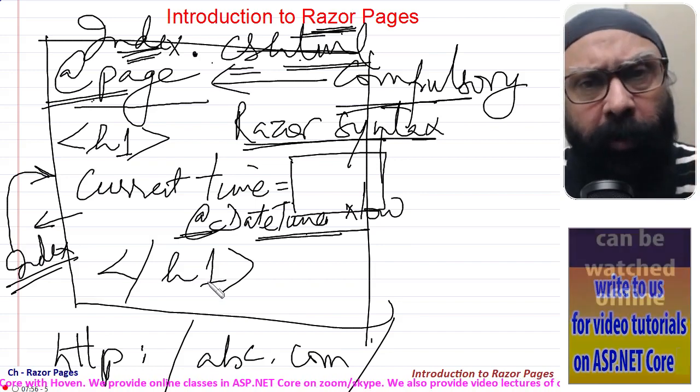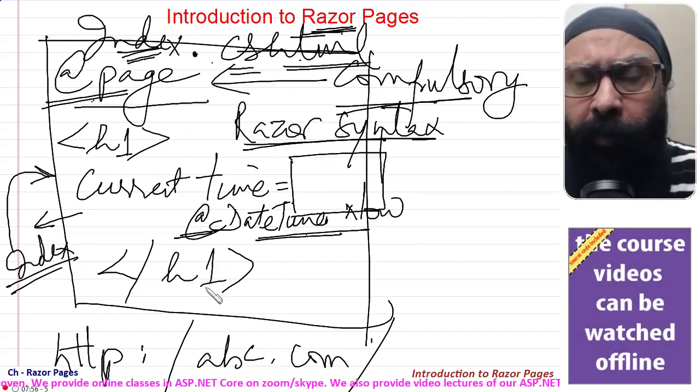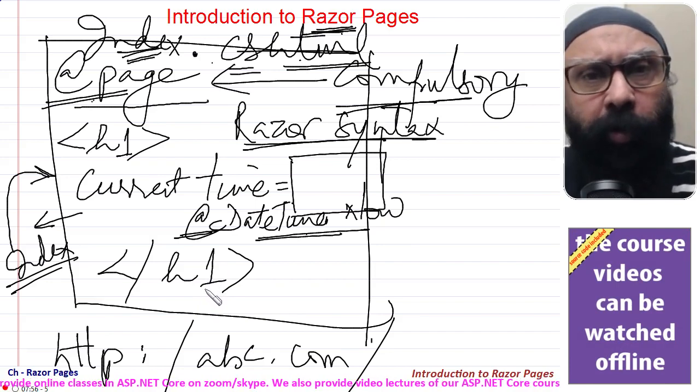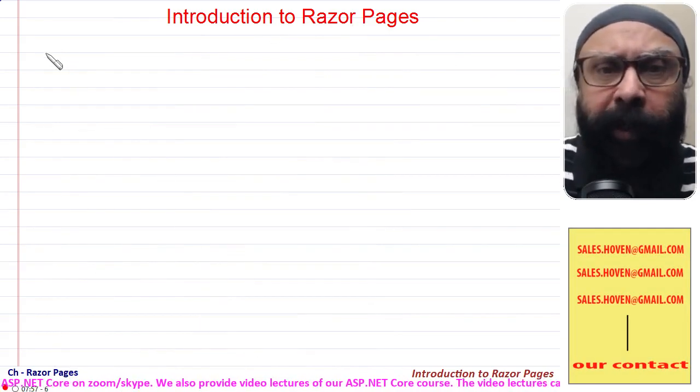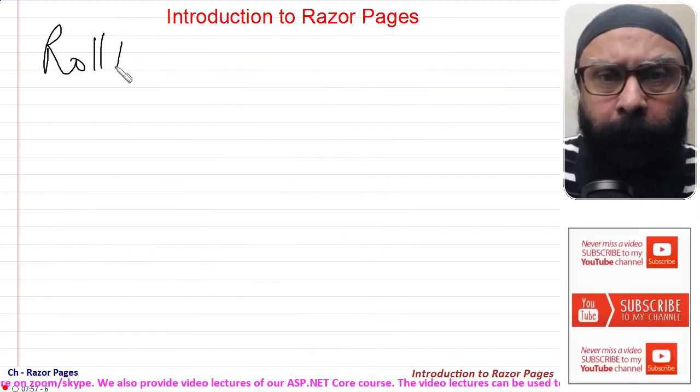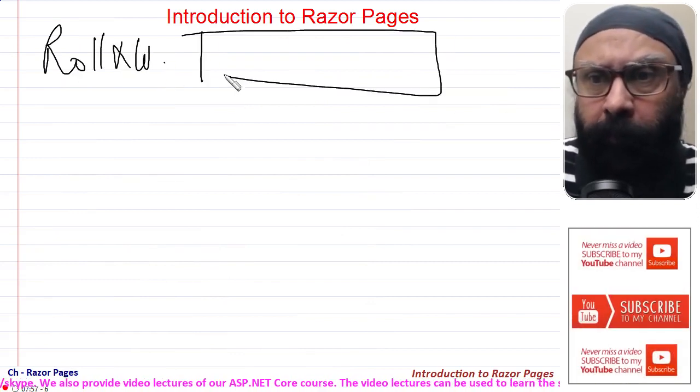Razor page has a lot many things that it can do for you. For example, you must have seen your college websites. In college websites, a student enters some roll number and then